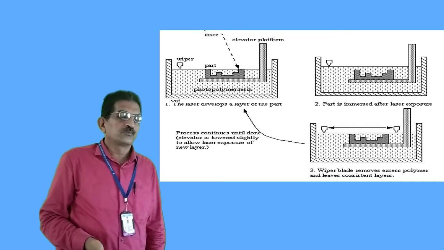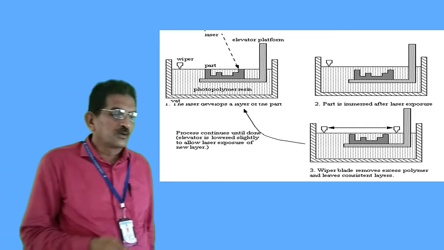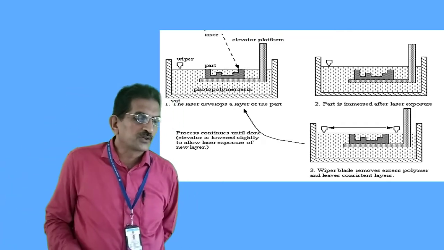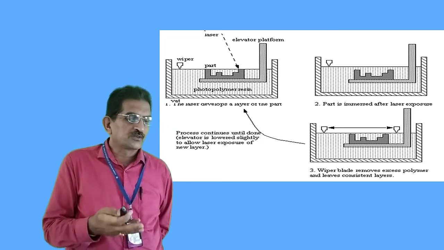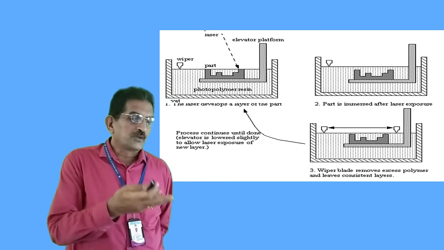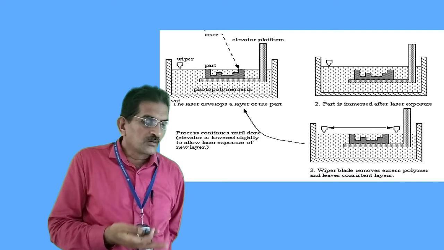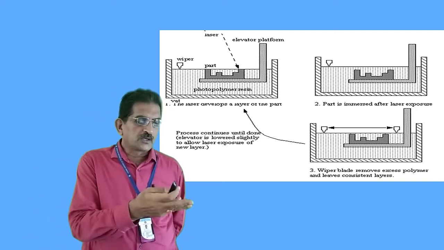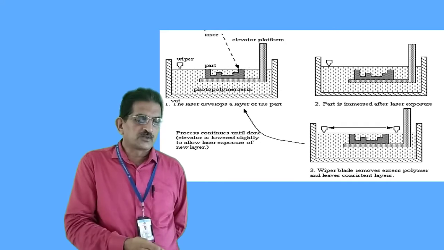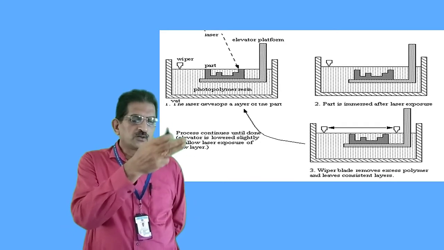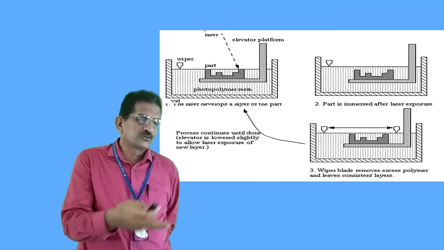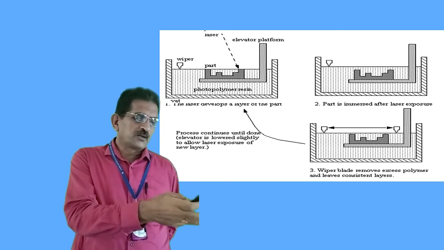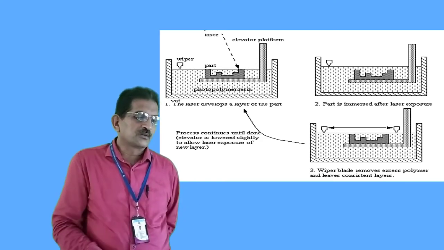If you see the layout, same thing, you can see this position of the elevator checking, then check the fluid level, then you check the laser, then cut, wipe off, then again drop the layer below, and again the cycle starts. The process will continue till the total product is made, and then you will stop.